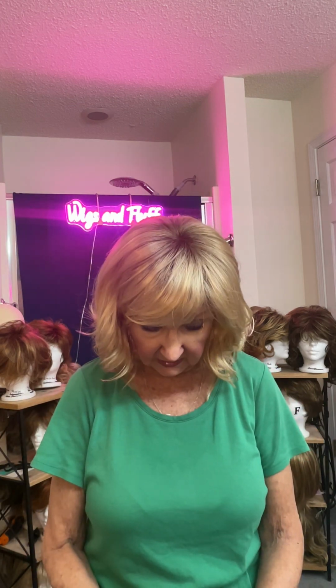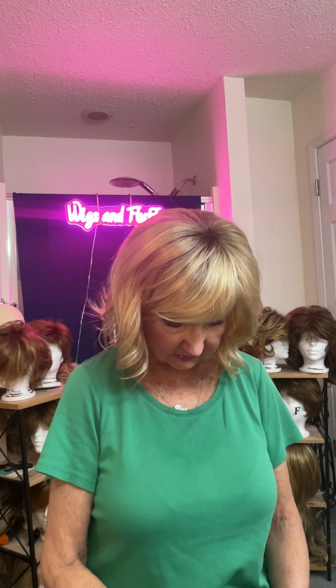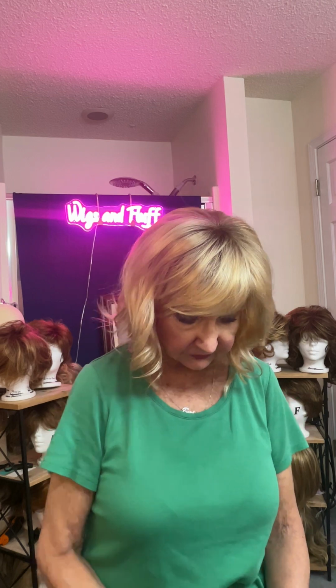And you want to have something with a little bit less density. So you don't want something flat on your head. I'm not asking you to go to that extreme, but you just do want something that has less density and not so big and crazy. So lighter density makes you look younger. All right, number 3,